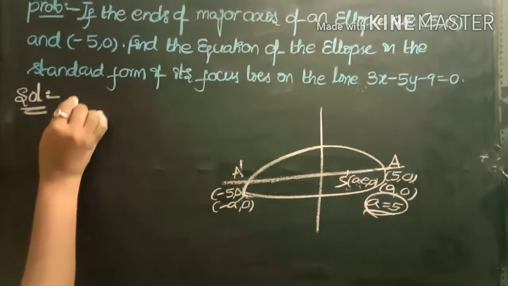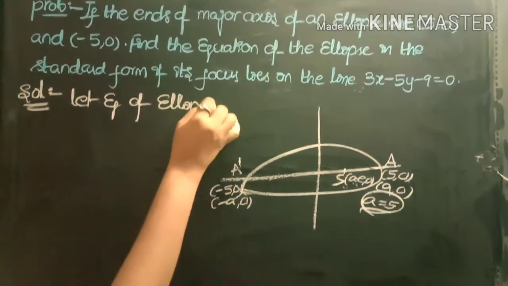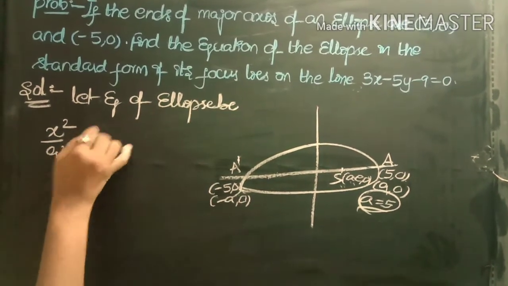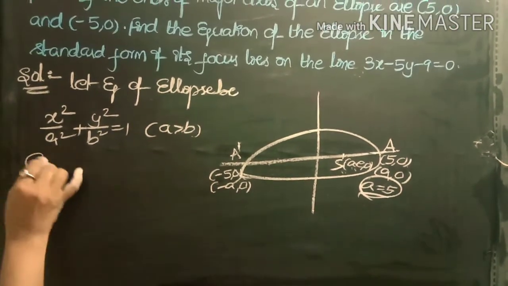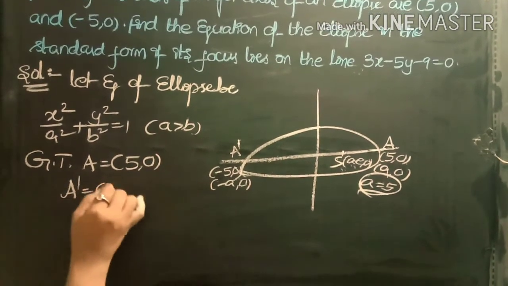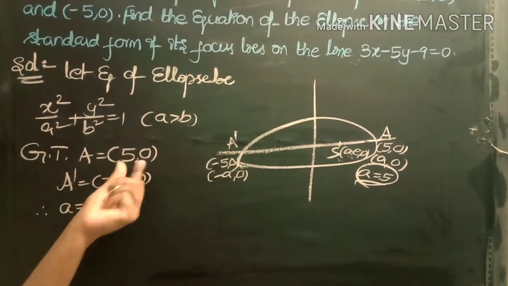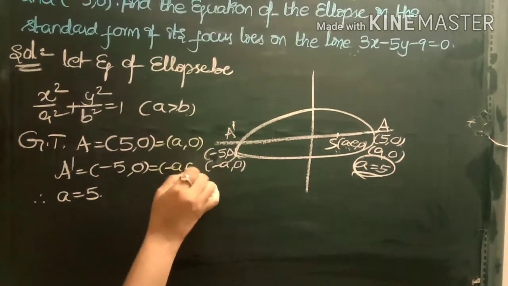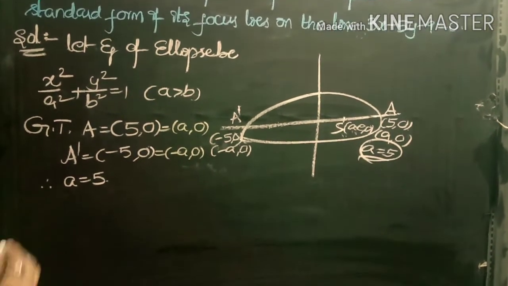So first we take the equation of the ellipse in standard form, that is, let the equation of the ellipse be x square by a square plus y square by b square equals 1, a greater than b. Given that A is equal to (5, 0) and A dash is equal to (-5, 0). Therefore, a is equal to 5, which implies this is nothing but (a, 0) and this is (-a, 0). So, from this point clearly we can take that a is equal to 5, and also given that